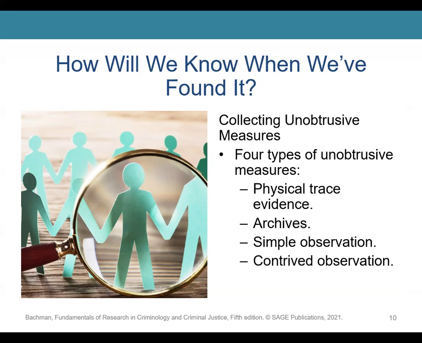There are the physical trace elements, which are past behaviors, one type of unobtrusive measure that is most useful when the behavior of interest cannot be directly observed and cannot be recorded in an available source of data. There are archives, which are measures that can also be created from data available in diverse forms of media, such as newspaper archives, magazine articles, or radio and talk shows.